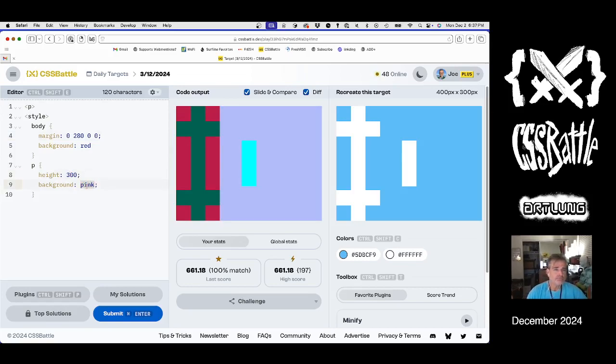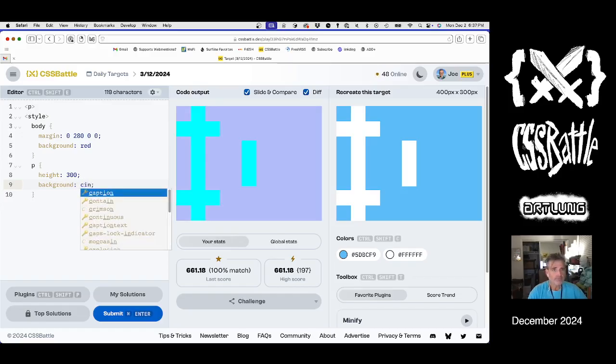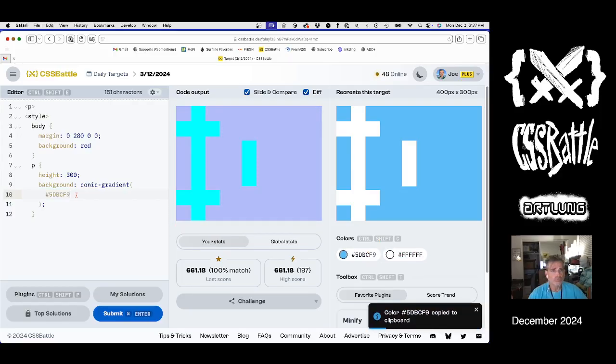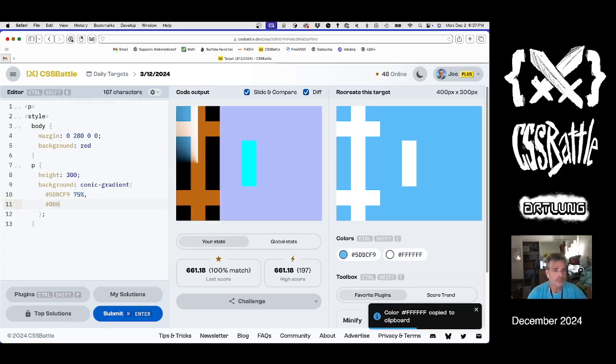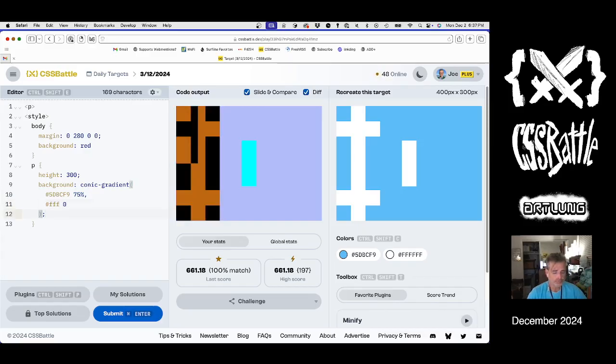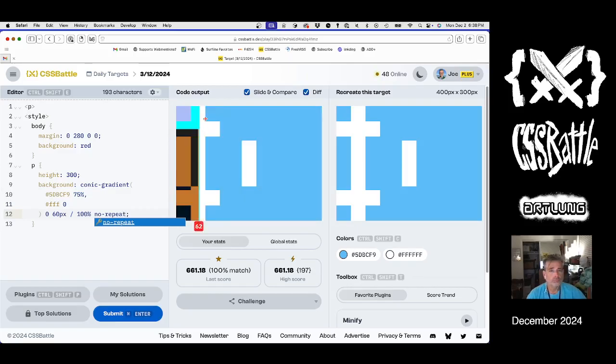So now we just need that conic gradient again. Conic gradient, and that is